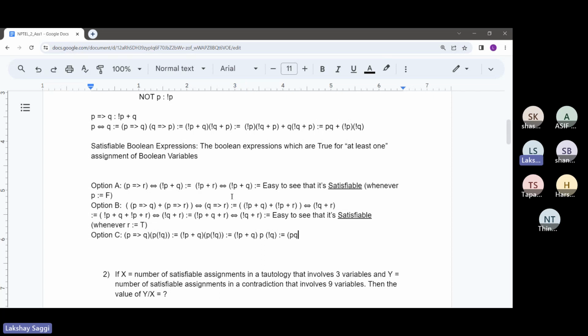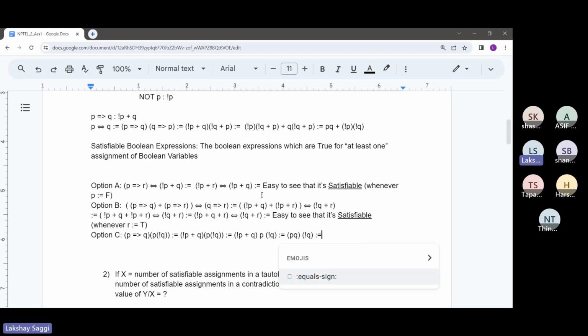So this will resolve to p times q, and then I'm multiplying it with not q. Since the multiplication can be performed in any precedence, I multiply this q with not q, and I obtain false. Q and not q is false. And then when this false is multiplied with p, irrespective of the value of p, I'll always get false, right?